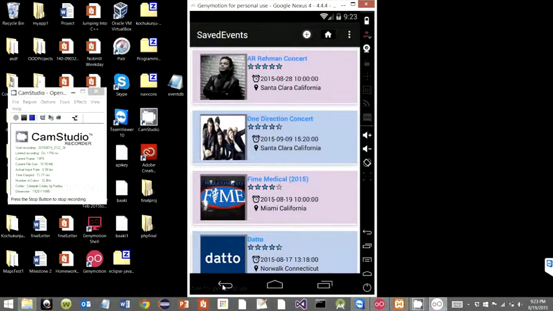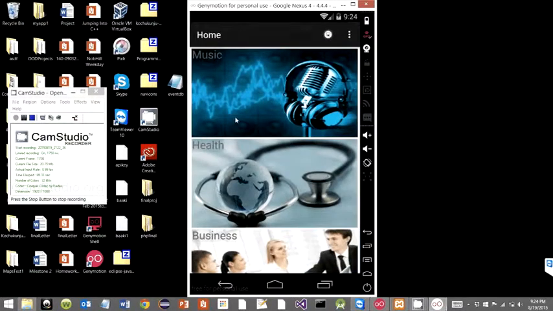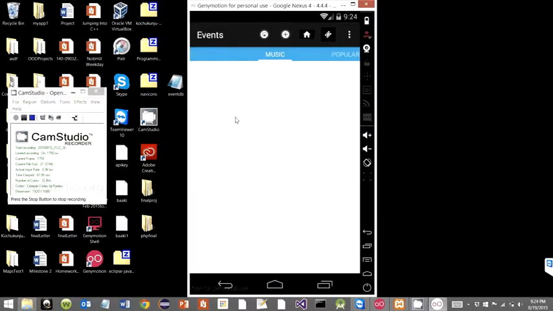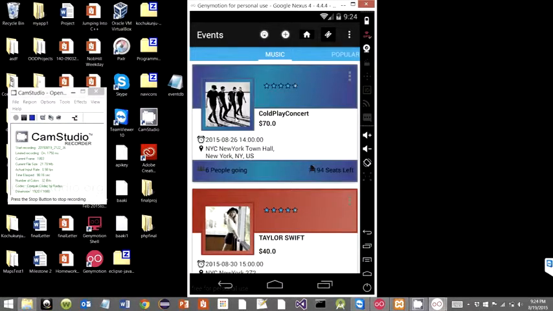And one thing, in case the user has already added an event to the save list, the backend takes care of not taking the redundant data. For example, if I've already added Ironman and save events, clicking on save events for Ironman again doesn't work because it's already there. So the backend has taken care of the redundant data. Now, since I demonstrated the save event, the share is being implemented.